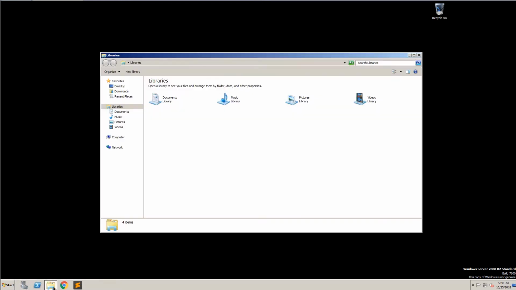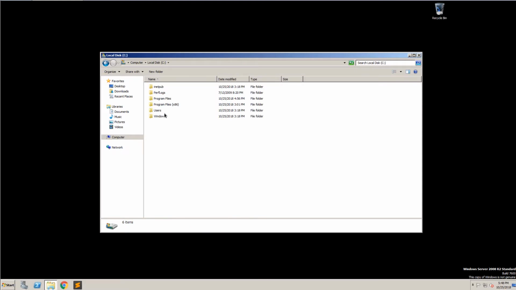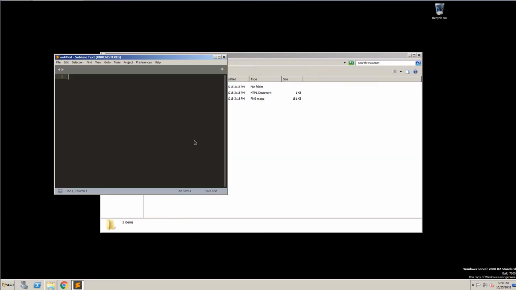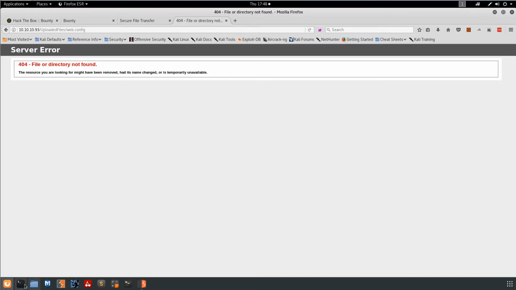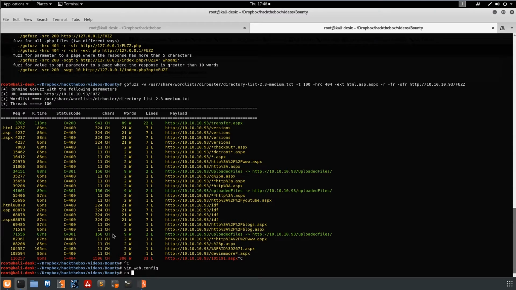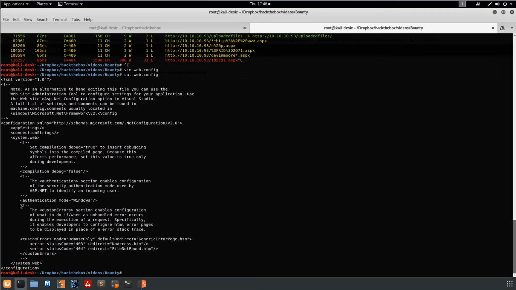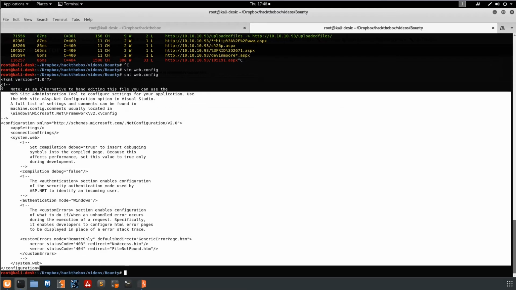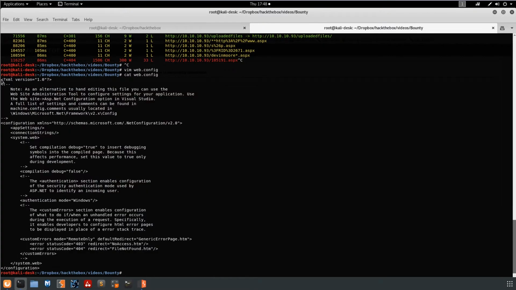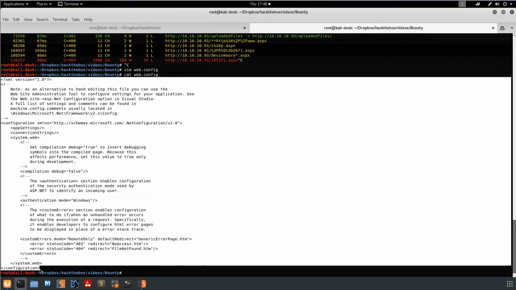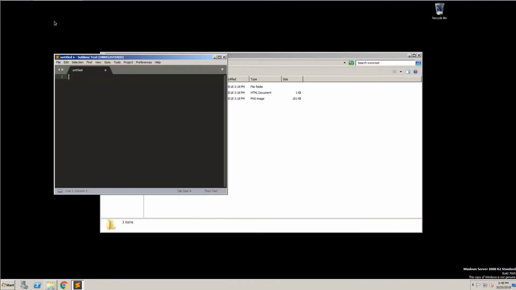So if we just pop open a folder, go to inetpub www, and this is where you would normally find web.config. And so what we can do is create a web.config over here, or mirror one, and see if we can actually see why it's not working. Copy and paste apparently isn't working either, which is fine. We can just